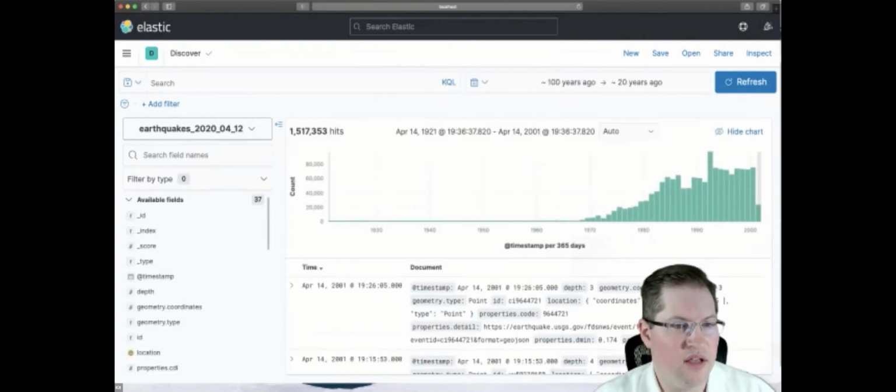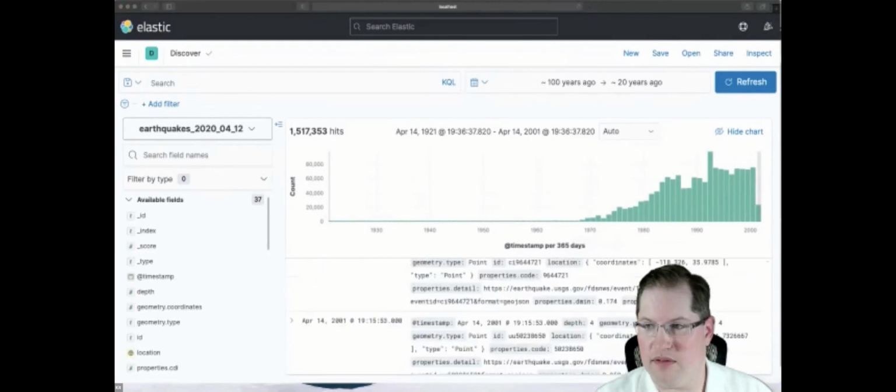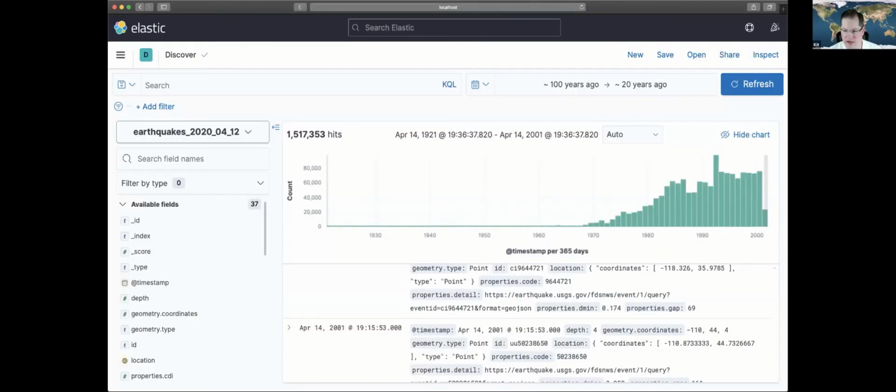As much as I want to keep this going, this is not working. All right, it does create a useful data set, but